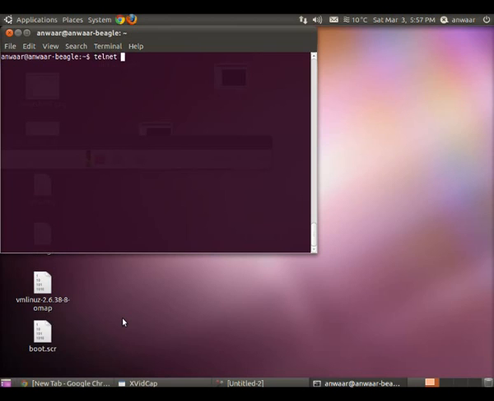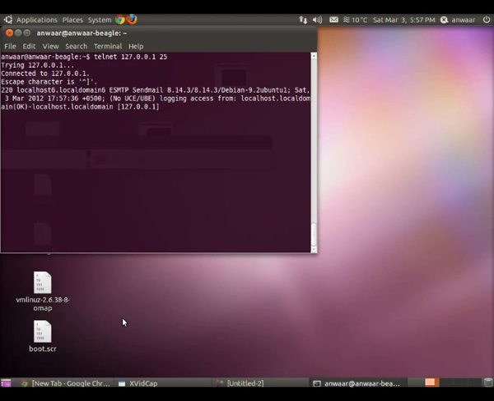Clear the screen. Let's Telnet again. Alright, it will work. Let us first see the configuration files. We will open the MC file, /etc/mail/sendmail.mc, which we will use to make the sendmail.cf configuration file.